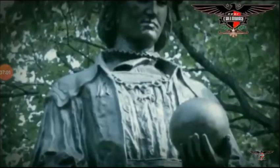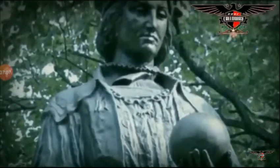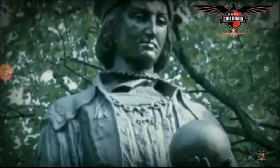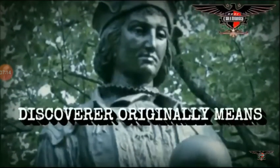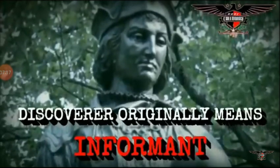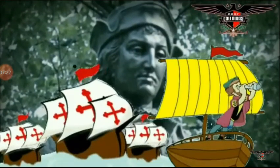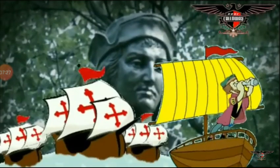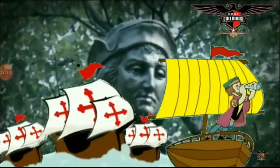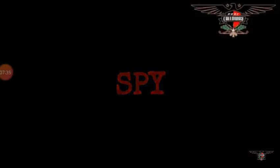Well, since someone gave Christopher Columbus royal permission to be granted access to explore these lands in hopes of immediate relocation and settlement for their people, then that does make Christopher Columbus a discoverer, only because a discoverer originally meant informant during this time period. As the story goes, Christopher Columbus reported back to someone, right? And somehow his alleged story was documented. But it royally fails to mention that the true asterisk by his name should read spy. Now,